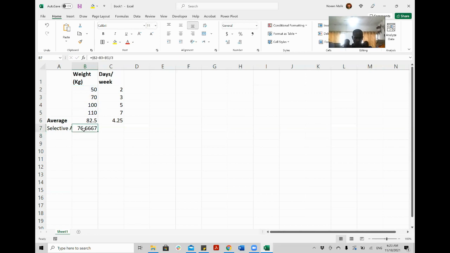So this is the selective average of only 3 numbers that I wanted to select. Now, if you see, there are so many digits after the decimal, right? You see 1, 2, 3, 4 digits. I don't want to show so many digits. So you go here above the number and you say decrease decimal. Most of the time 2 decimal points are good. So I am using 2 decimal points in data. Sometimes it's good to have 3, but not more than 3. So I rounded it off. I will select it. This is the selective average. This is also average.